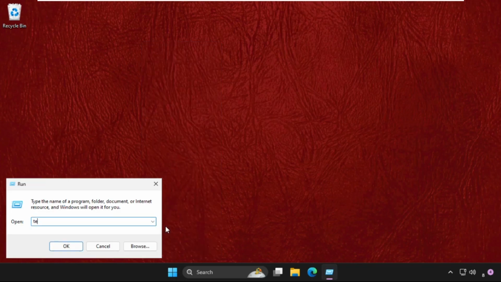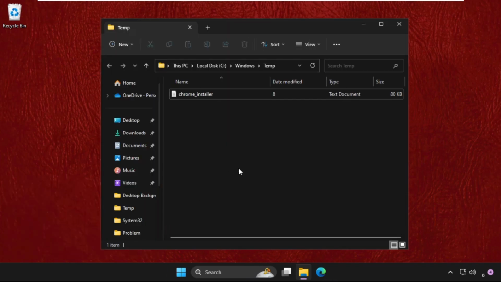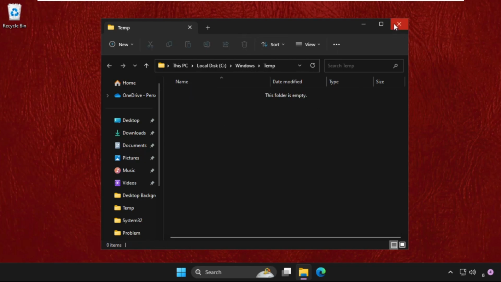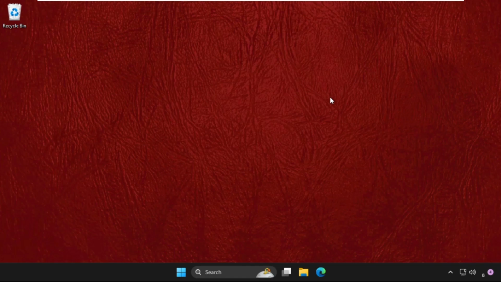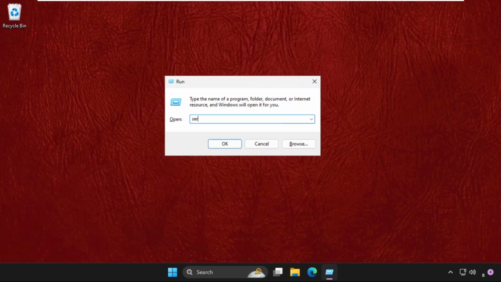This time type in just temp and click on OK. Again you will get multiple files and folders here. Select all these files and delete them. Once done, close this window, then simply open run again. This time type your services.msc